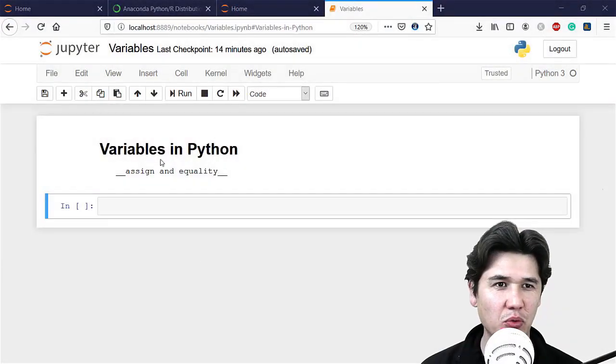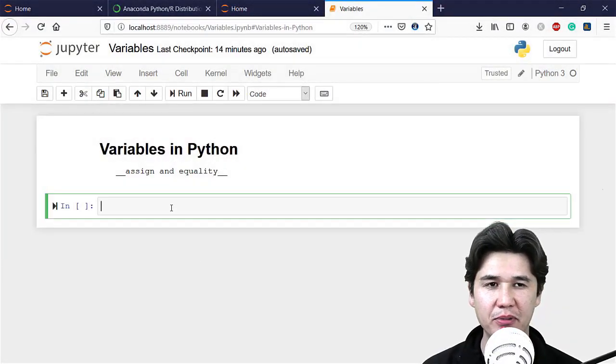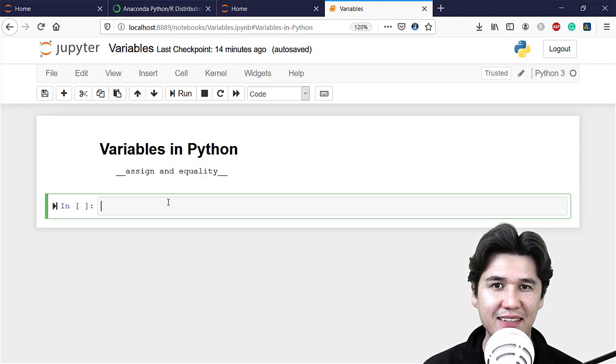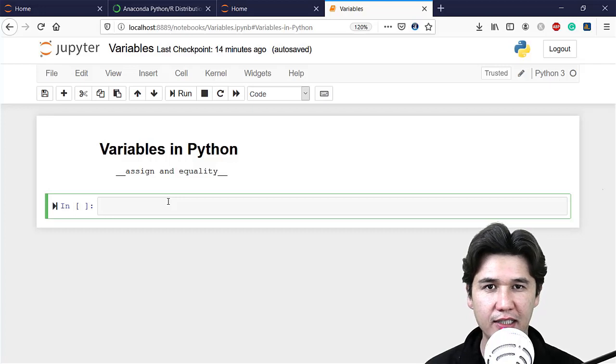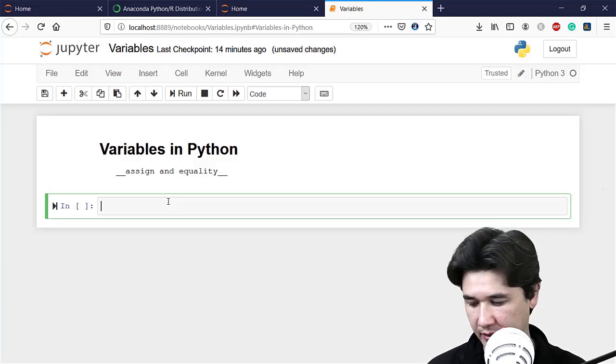We have a variable in Python. Before going to Python and coding, you should understand exactly what a variable is: anything which will change its state, position or value is called a variable. Variable means that you are going to change the value of something. For example, if I am going to print